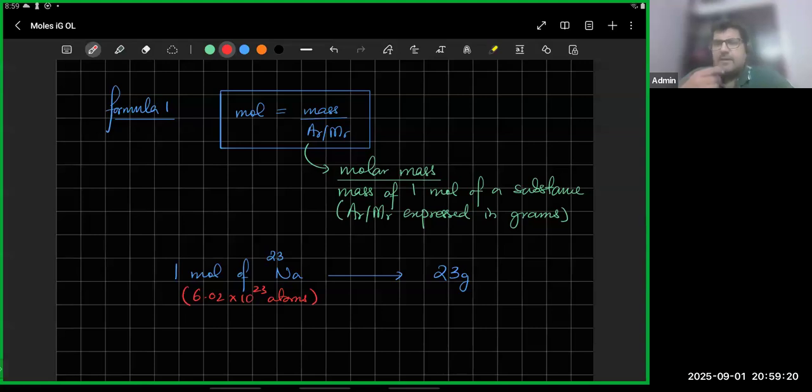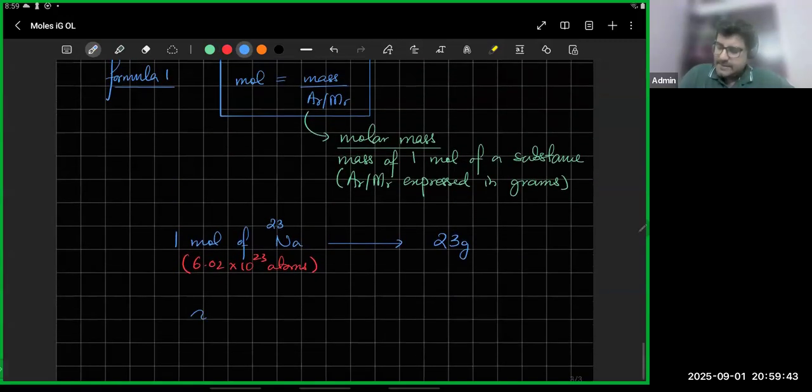So every substance has a different mass, and that mass has been calculated. It's given in the periodic table. For example, 1 dozen eggs will have a certain mass. 1 dozen bananas, that's going to have a different mass, right? So similarly, 1 mole of sodium atoms are going to have this mass. 1 mole of some other substance, for example, 1 mole of